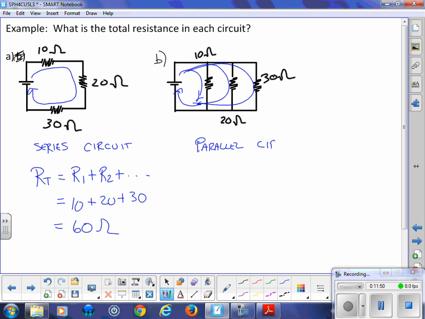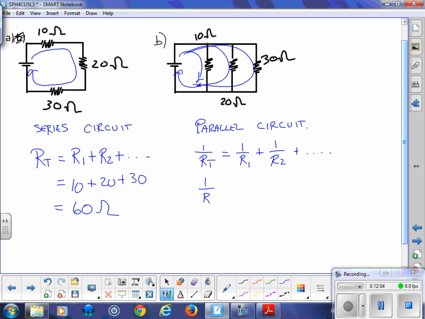And for a parallel circuit, it's 1 over RT equals 1 over R1 plus 1 over R2. I talked about this before. Now I'm showing you the actual math. So 1 over RT equals 1 over 10, that's the first resistor, plus 1 over 20, plus 1 over 30. So you're going to actually punch these fractions into your calculator. I'm going to punch in 1/10 plus 1/20 plus 1/30 equals